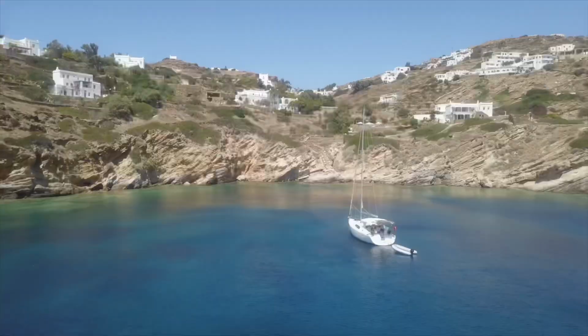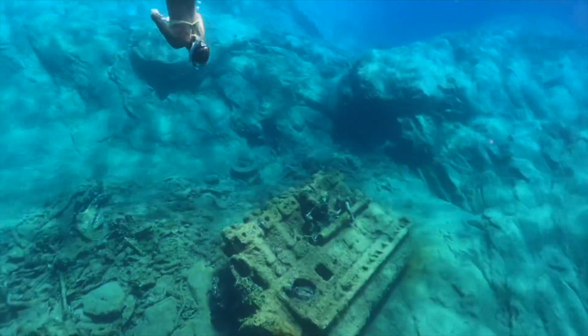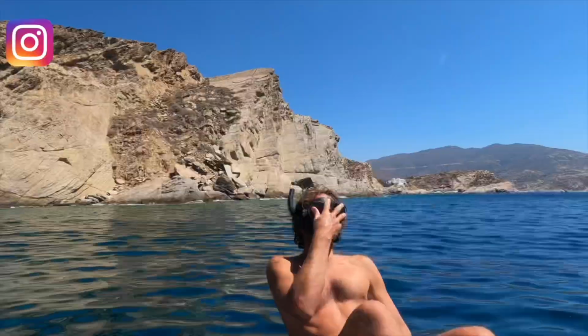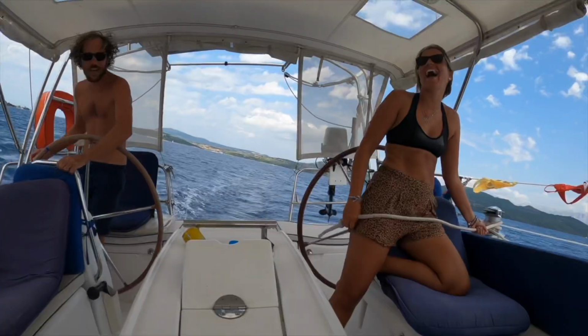We're Nat and James, and this is our sailboat Zephyr. She's taken us all over the world and been our home for 3.5 years. With over 20,000 nautical miles under her keel and our sights firmly set on sailing around the world, we are